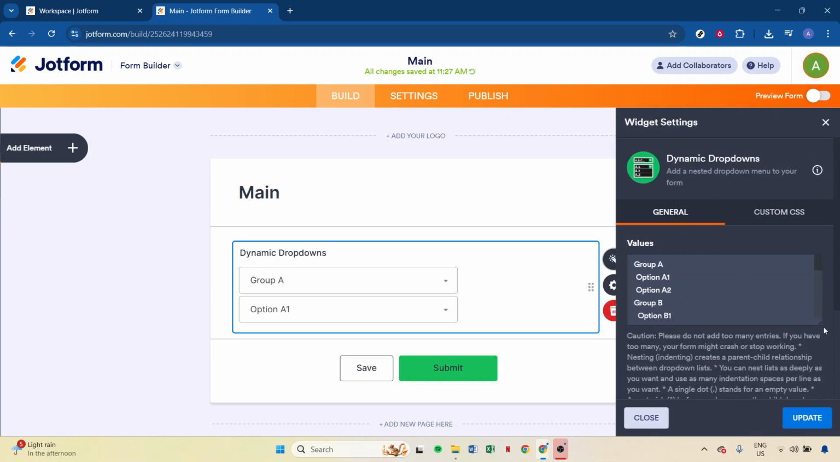In the settings panel, look for the values box. This is where you'll define your dropdown structure. It's almost like writing a mini outline. You can nest or indent items to establish a parent-child hierarchy for your drop-down menus. So for instance, under a main category like fruits, you might add subcategories like citrus, followed by options like orange